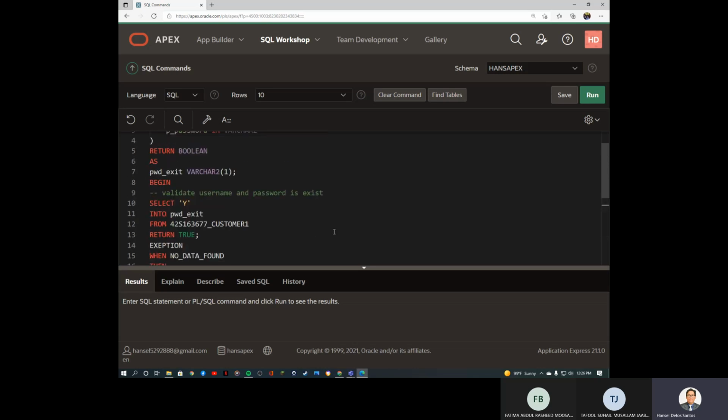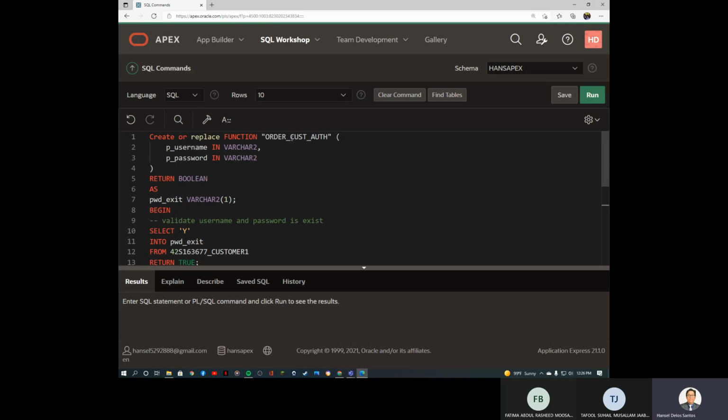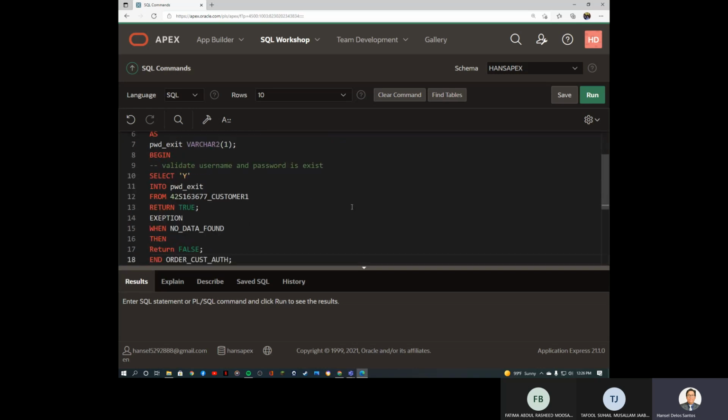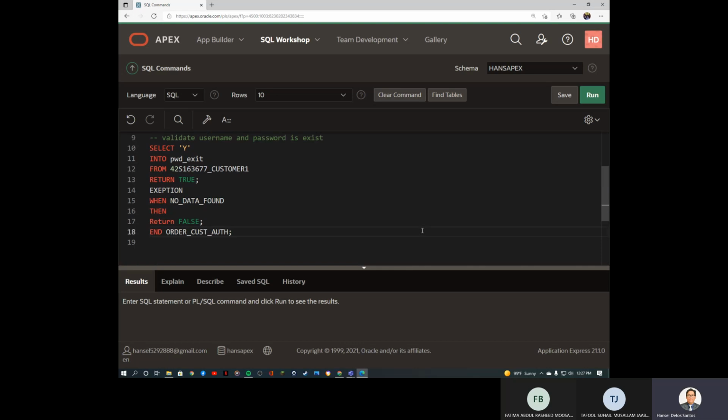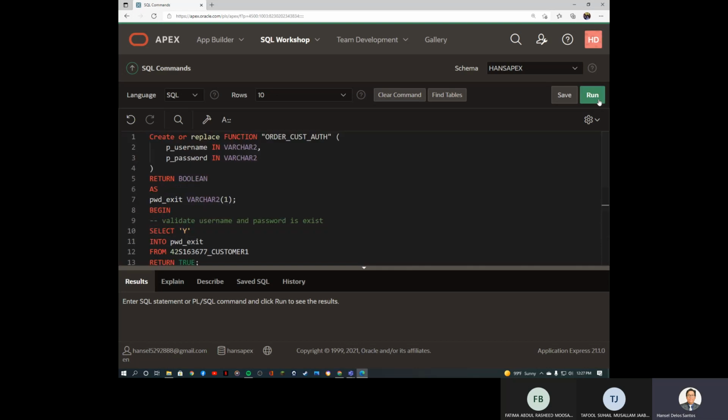This should end with that particular name that you have mentioned there. Hopefully this will work without an error. Once I have run this one in the SQL command, order_cost_auth should be created properly, hopefully, if we don't have any error in every line. So if I run this one,